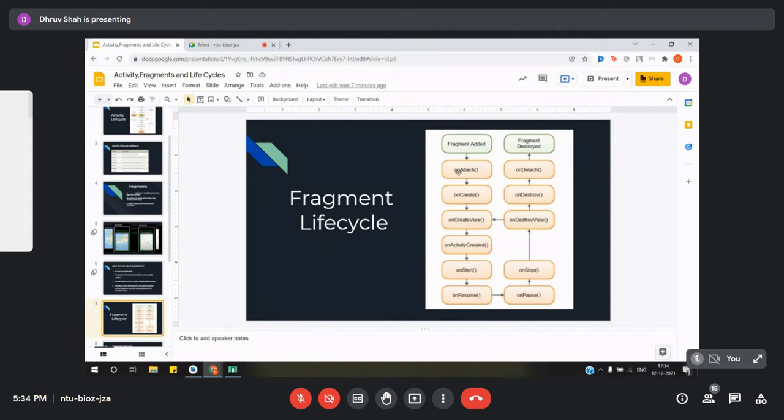Next, the onCreate method is called when the fragment is created, following which the onCreateView method is called. This is called when you have started to render the UI of a particular fragment, following which the onActivityCreated method is called. This is called when the activity in which you are rendering the fragment completes its execution of the onCreate method,